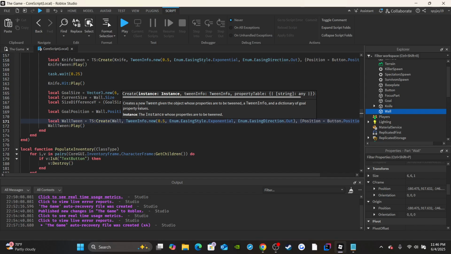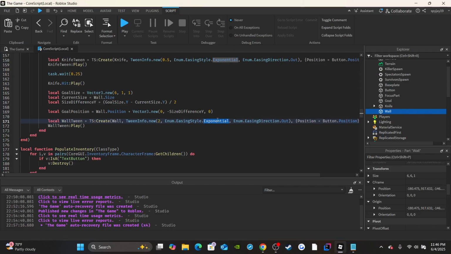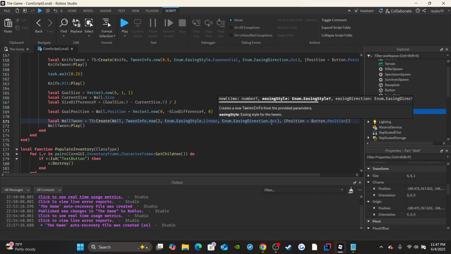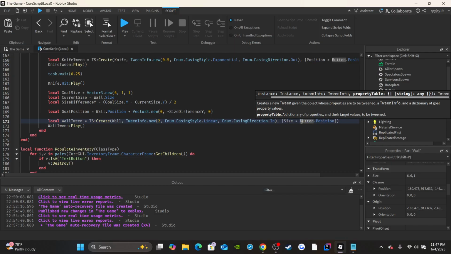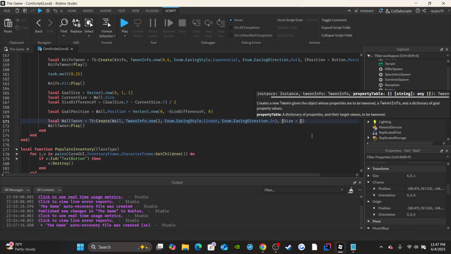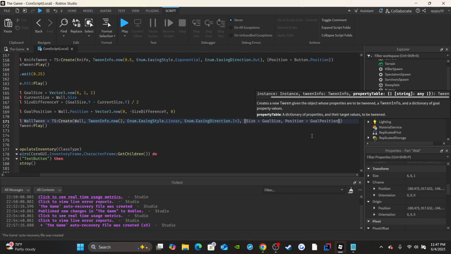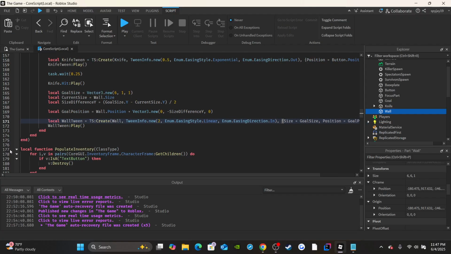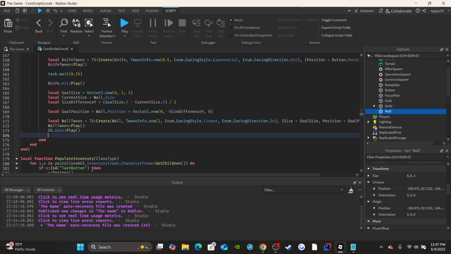So the wall will change the duration to 2 seconds. We will change the easing style to linear. Easing direction will be in, and then you're gonna change the size and position to make it consistent. We're pretty much creating the illusion that it's simply going up. So size is equal to goal size, and position is equal to goal position. Then you would play the wall tween. This is when everything pretty much starts. So wall tween play. Then you would play your gate sound effect, and then we will start playing the animation